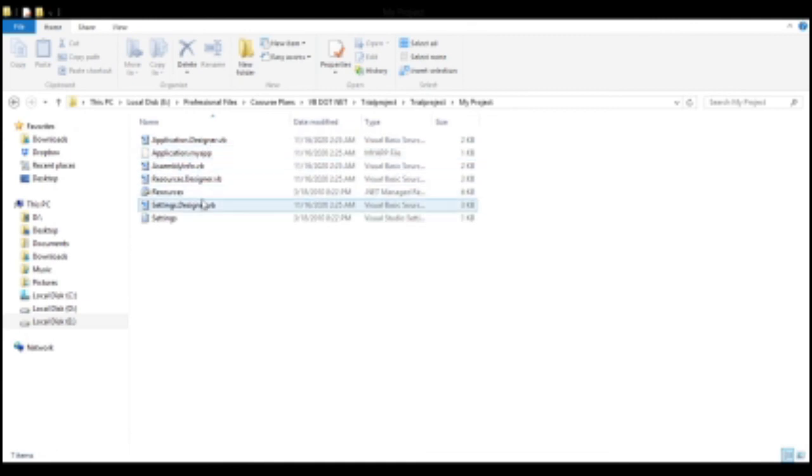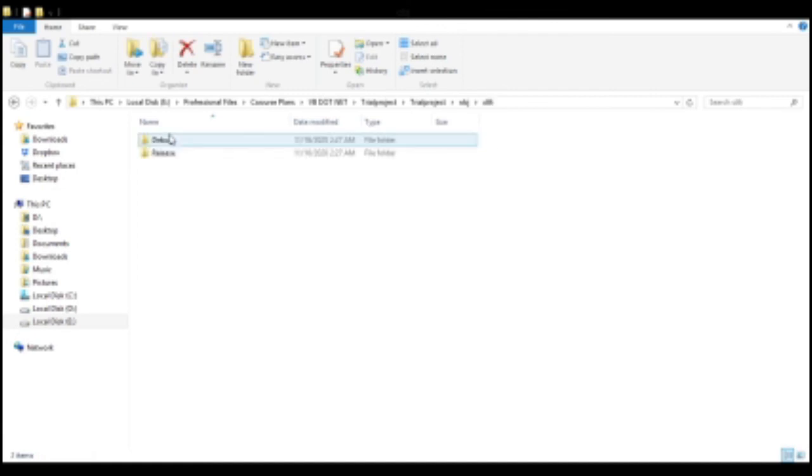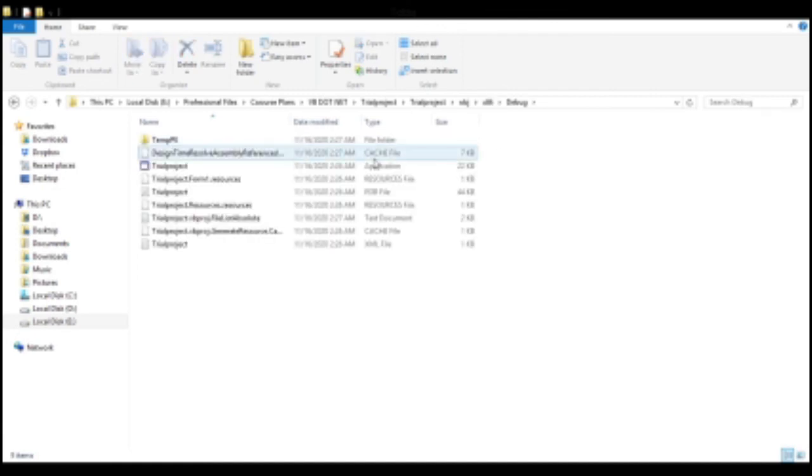Here we have some setting files, resources, etc. And under OBJ folder we have XML files, cache files, and PDB files, resource files, etc. So when we save a project using the Save All option, we get lots of files created along with the source code.